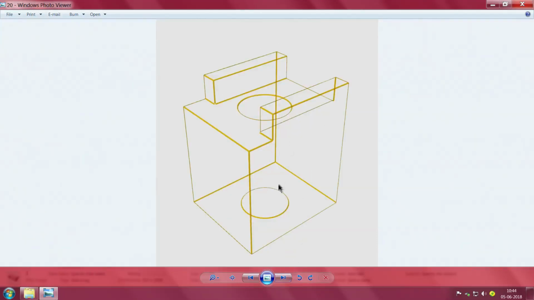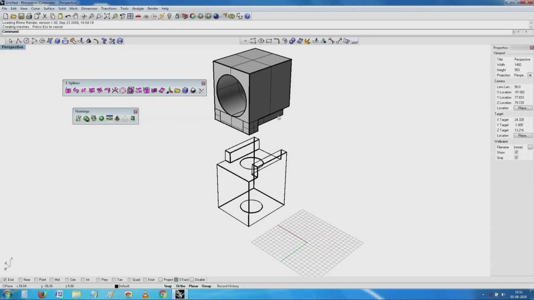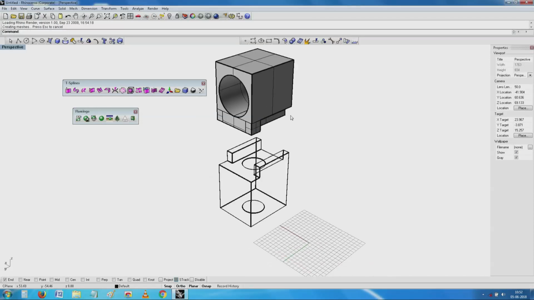Now if you see at the bottom, it looks like this step, and then you see this here. We started here. Now, let me go back. See here, this is the object which I was trying to build actually.